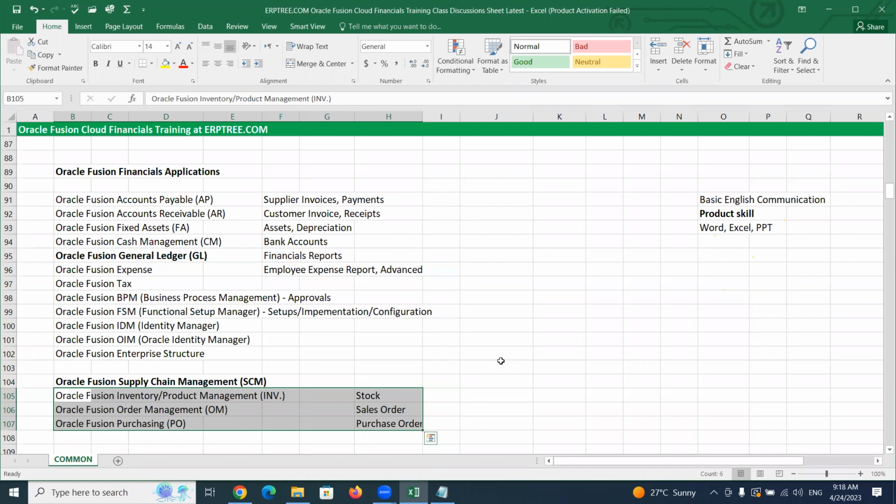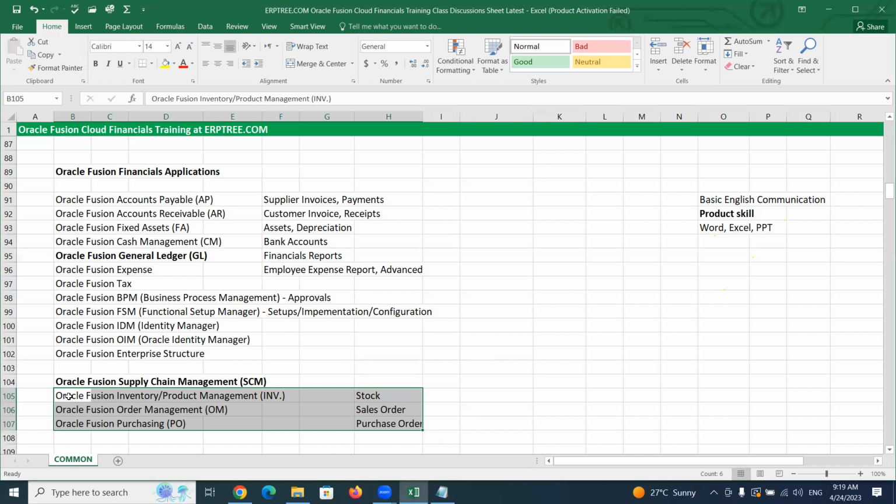When you are working as a finance consultant, say you work for 5, 6, 7 years, whatever knowledge you gain from SCM also, you will learn in our classes. So our primary focus would be finance. Along with the finance, we will learn the basics from supply chain management.